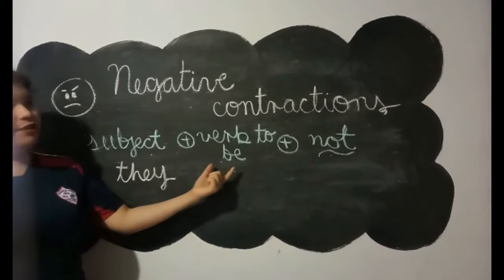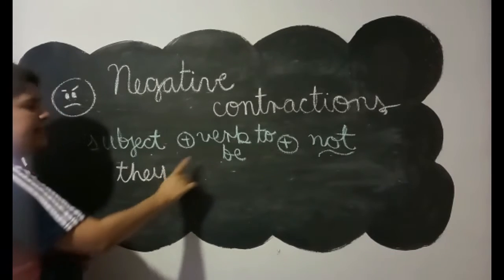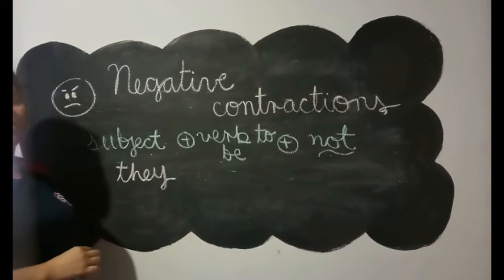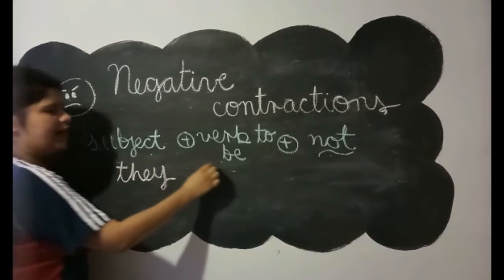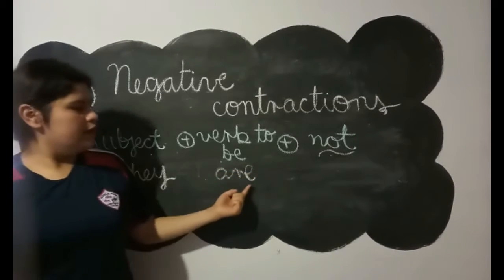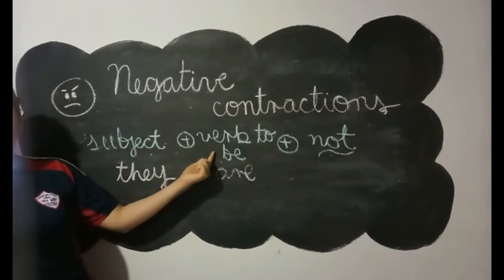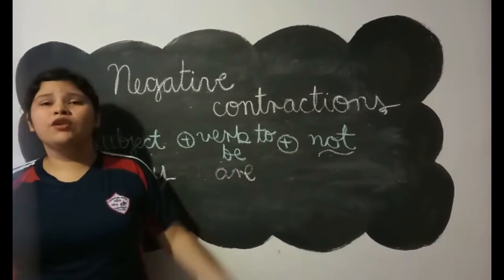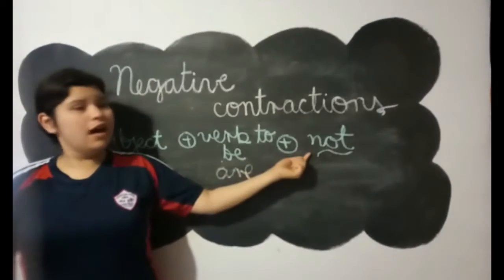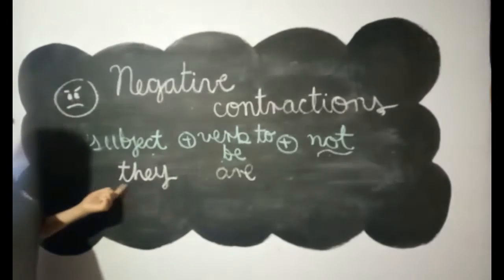After this, I need the verb to be. They is, they are, or they am. Okay, so it's they are. When I have already the subject and the verb to be, I need to add the word not. It's going to be always not. It doesn't change. So they are